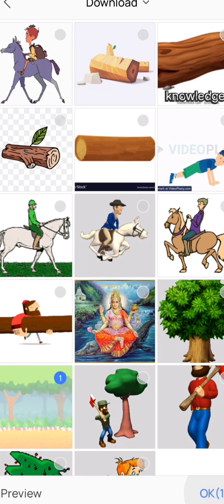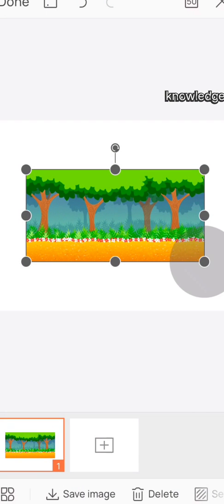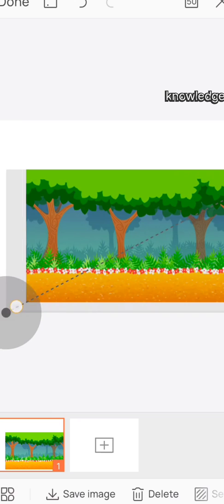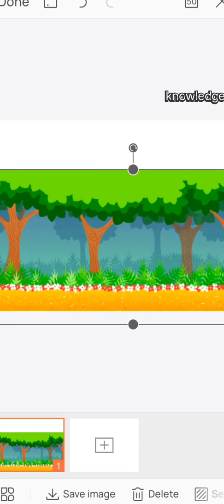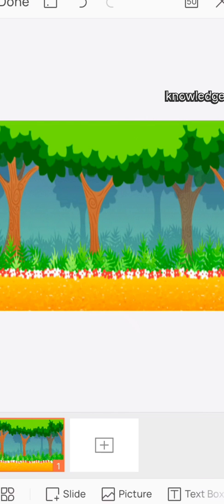now on the PowerPoint screen, choose the picture option. When you click that picture option, you will get the downloaded images. Now which image you want, you can choose that image. After choosing, it will automatically be displayed on the slide. Now drag it as needed. I'm going to set one background also here. Already I have downloaded that image, so I have set one background.